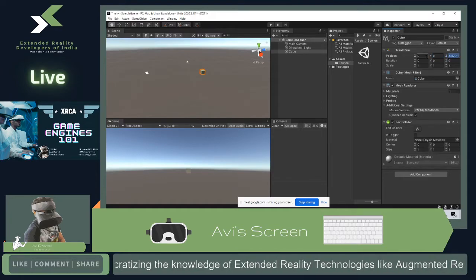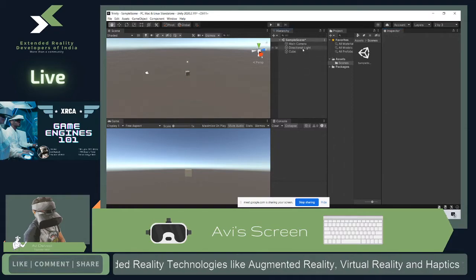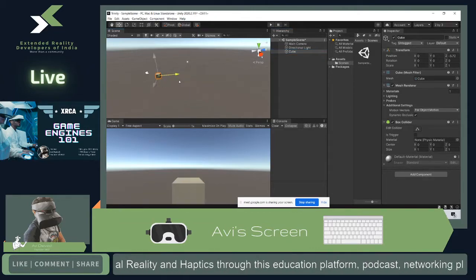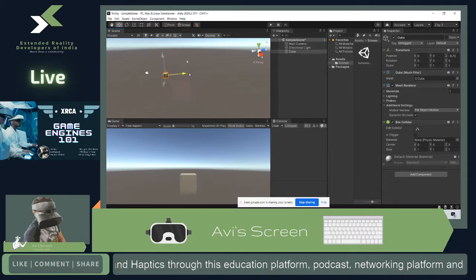Hit tab, it will go to y, let's make it 0. Okay, so now you saw that this position is changed. What you can also do, you can press QWER, which is the first row of your keyboard. Okay, alphabetical keyboard, and when you press W, you get these sort of arrows, and from this you can move